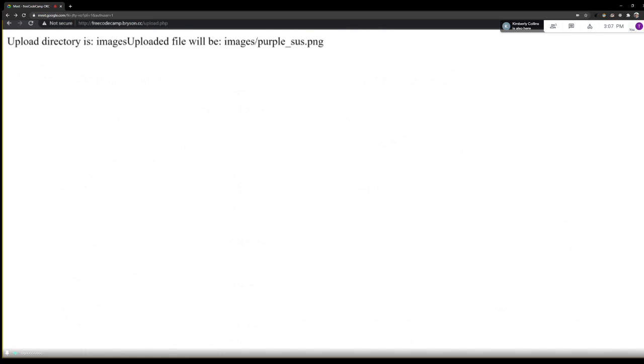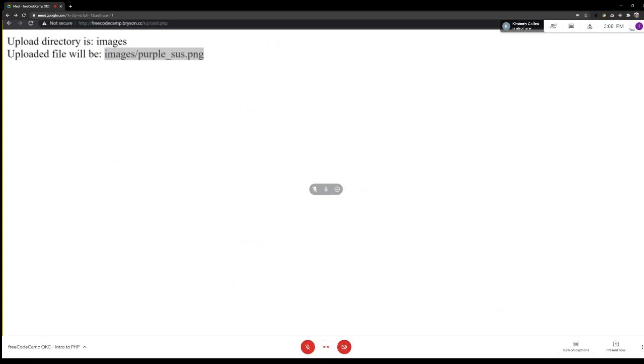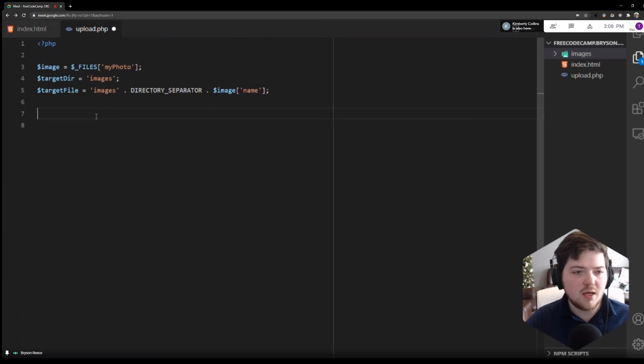So I'm going to add a new line to our first echo statement, just so we can see that in a more readable format. And Chrome is going to prompt me every time I refresh the page, whether or not I want to include that image that I included from my upload form before. So adding in that new line and then refreshing one more time, we will see that our upload directory is going to be images, which is correct, and our uploaded file will correspond to what that file name was when we uploaded it. So now that we've got the basic information about our image, where it's going, what it's going to be named, let's actually